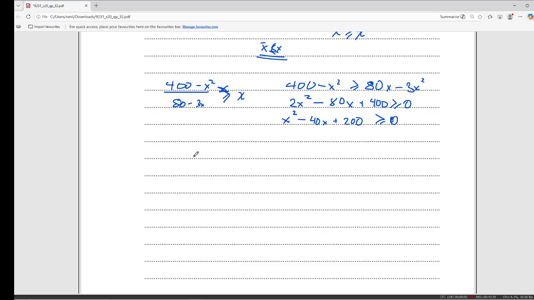1 minus 40, 200. Okay, so my two values for x are x equals 20 plus or minus 10 root 2. Now here's an interesting point. 20 plus 10 root 2 equals 34.14. 20 minus 10 root 2, remember we have to consider both possibilities, equals